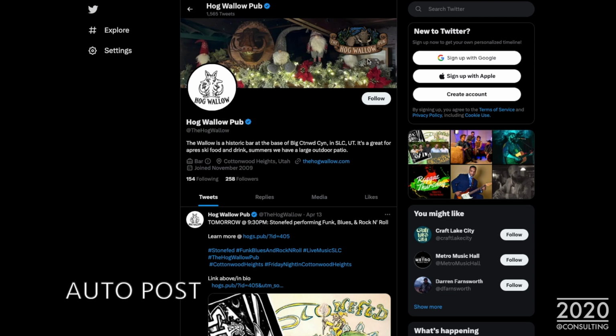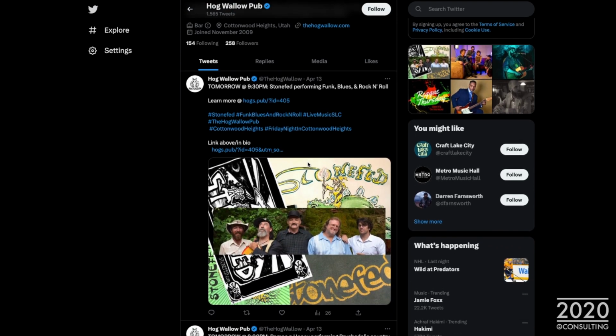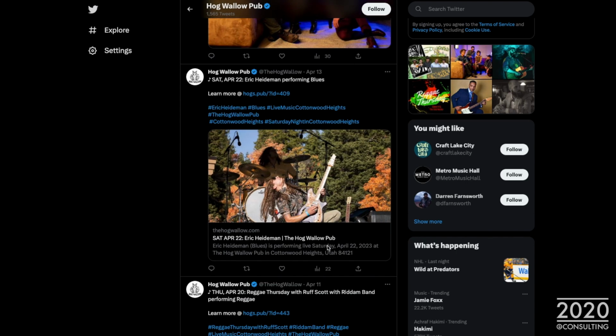For automated social posts, you can choose the frequency per event, news story, or menu item. This venue posts 10 days and again 1 day before a live show. The post for tomorrow's show posts an image link, description, and dynamic hashtags. The 10-day post shows the date of the event and uses a link that previews the image of the artist. Of course, all of these links take you to a one-page experience on the website that starts with the info